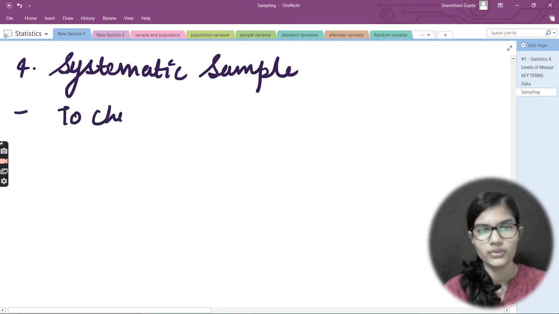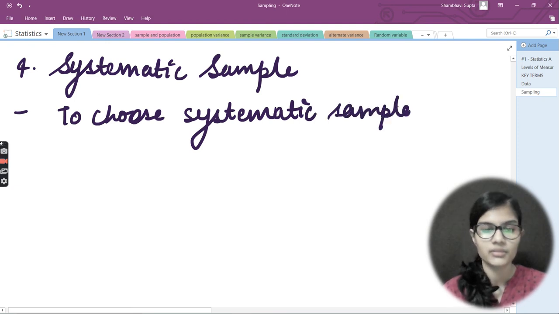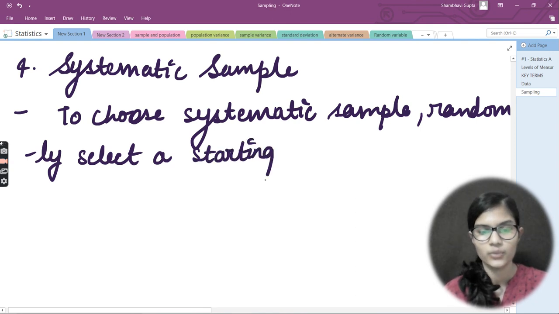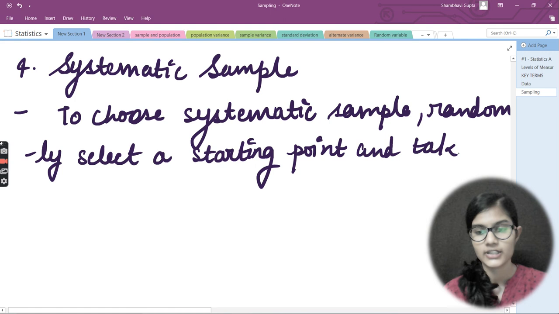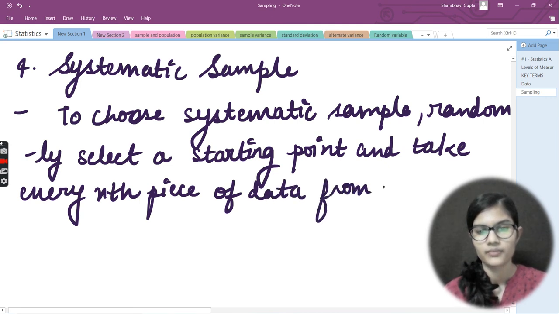To choose a systematic sample, randomly select a starting point and take every nth piece of data from our listing.